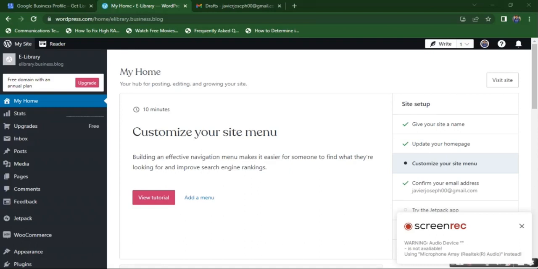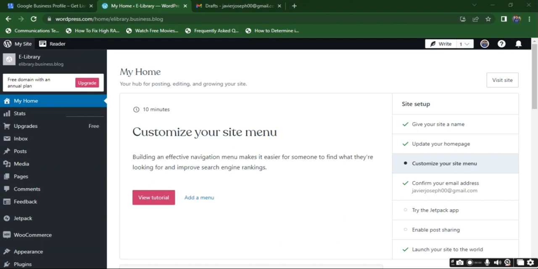Hello everyone. For today's video tutorial, we will learn how to use WordPress plugins for website customization. So this is our WordPress. When we say plugin,